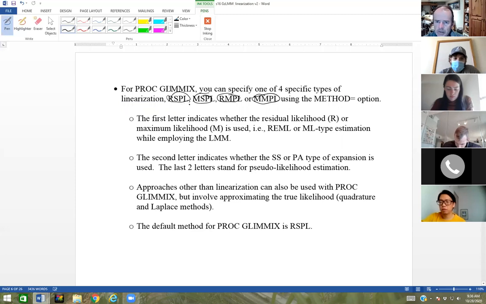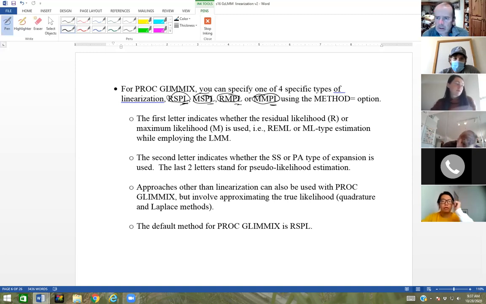The PL stands for pseudo likelihood. The two letters in front of it, the first letter indicates whether you're doing regular maximum likelihood estimation or restricted or residual. So this is ML versus REML. And then the second letter indicates whether you're doing subject specific or population average type of expansion for the